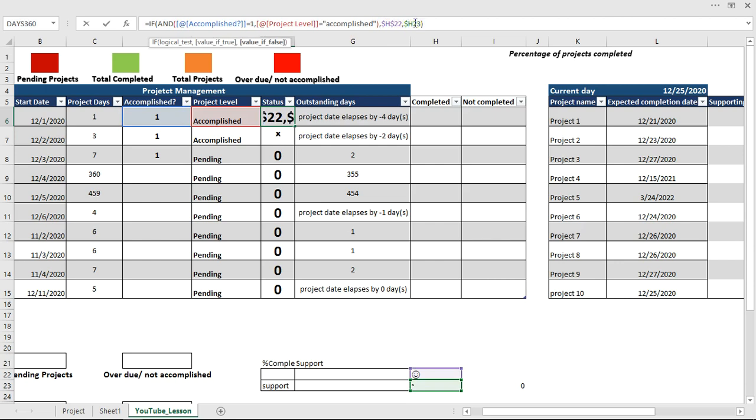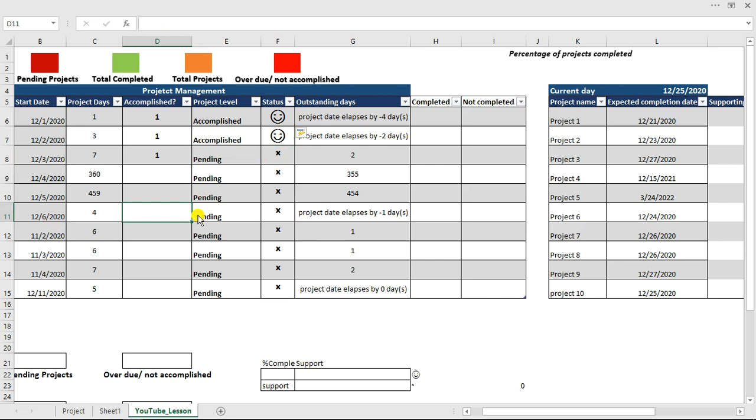So now here we go. If I hit enter now, I'm going to have something very different. Here we go. That is it. The two places where we have accomplishment are on the smiling mode, and where we don't really have it accomplished, we're still having pending, and it has it on cross. Now if I come right here and change this to 1, you can see if I change this to 1, it doesn't really happen